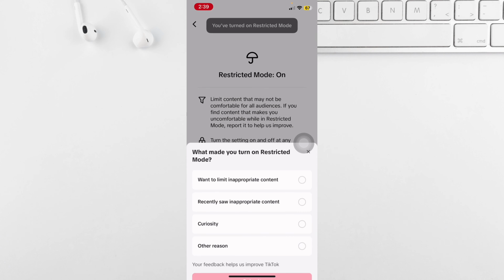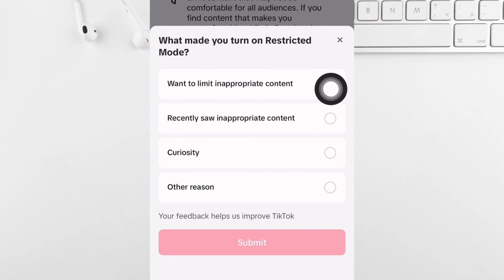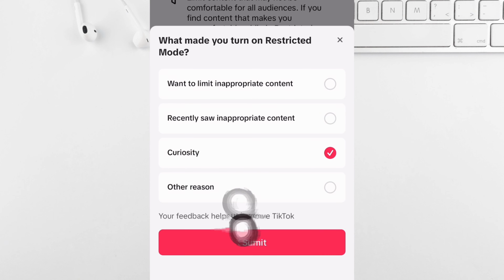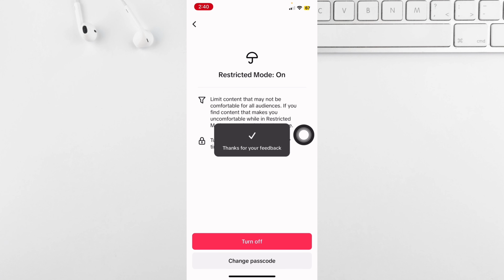Once it's set, choose an option for why you want to turn on restricted mode. I'm just selecting curiosity, then click on submit. So it's turned on. So this is how you can turn on